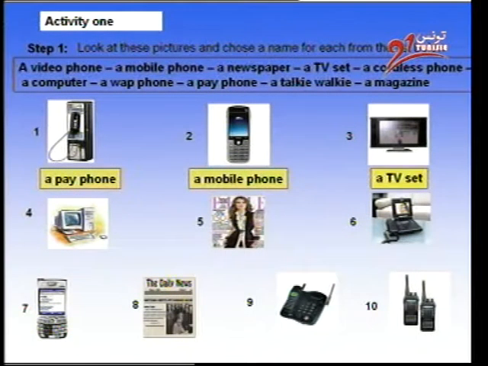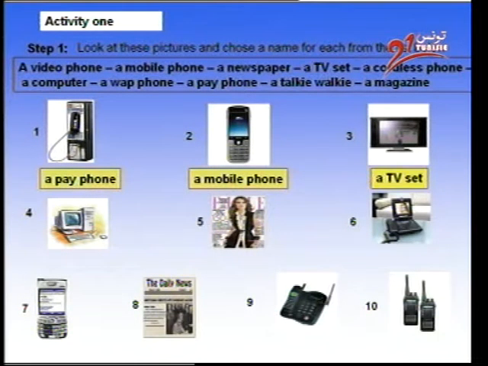Now look at this. This is a TV set. Again, here, I don't need a lot of effort to explain what a TV set is. Everybody has a TV set at home, actually. But look at the shape of this TV. Is it the normal shape we have at home? This is a plasma TV. The screen here is very flat, and the TV set is very flat too.